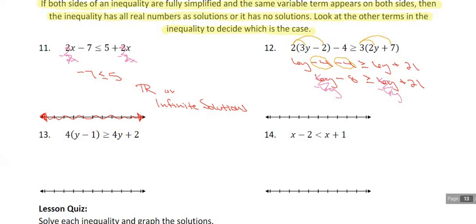So now we have -8 is greater than or equal to 21. Now, if we think about whether or not this is a true statement,